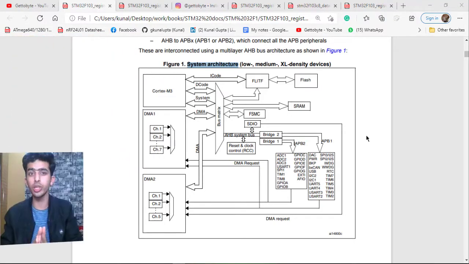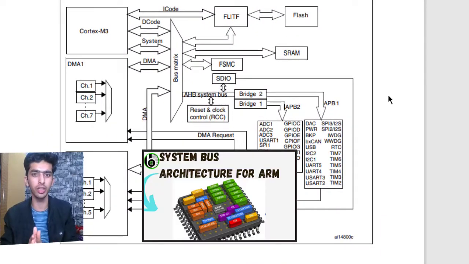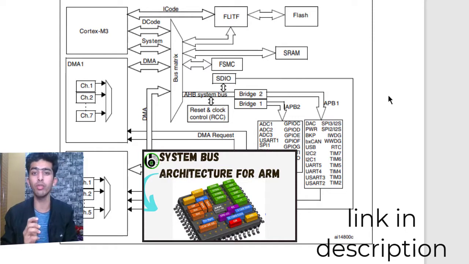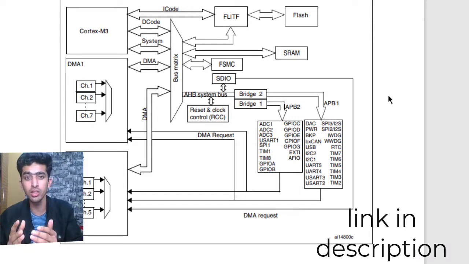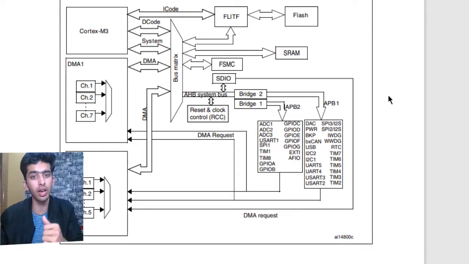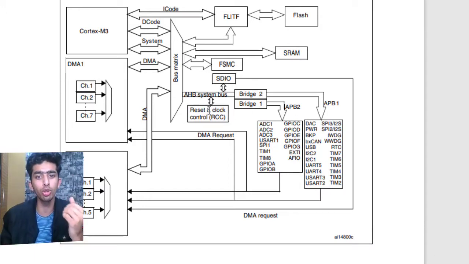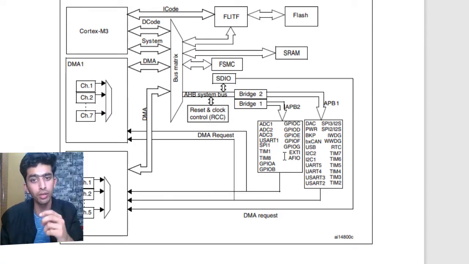As in the last video, we got to know about the system architecture and some of the concepts required when we are programming the peripherals of our ARM based processors, like the concept of the APB, AHB and all such things, and how to enable these buses when we are using particular peripherals.